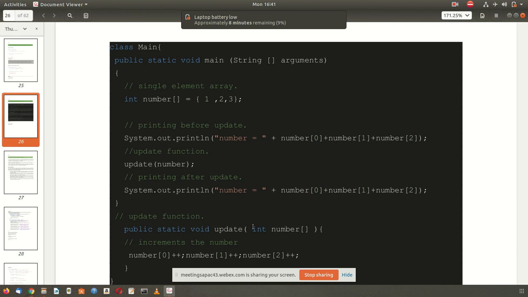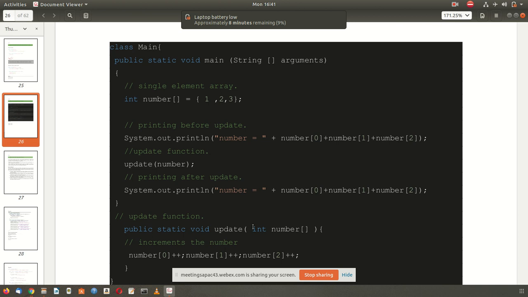For variables, by default it is passed by value, and for other objects, arrays, strings, classes, interfaces, it is always passed by reference by default. Because generally on the function definition side, we don't write the new keyword.